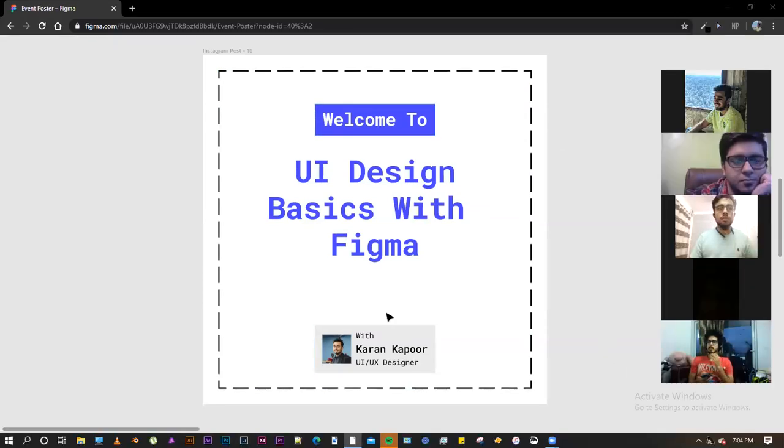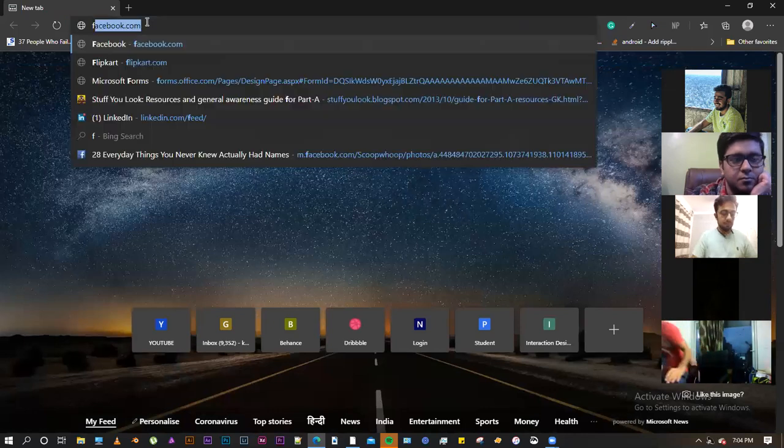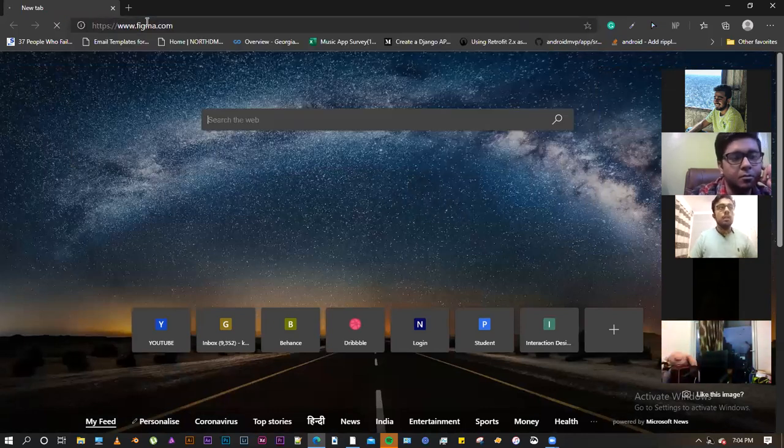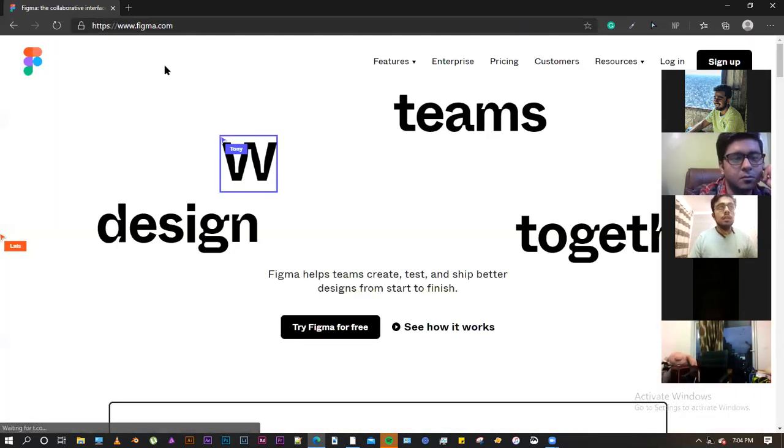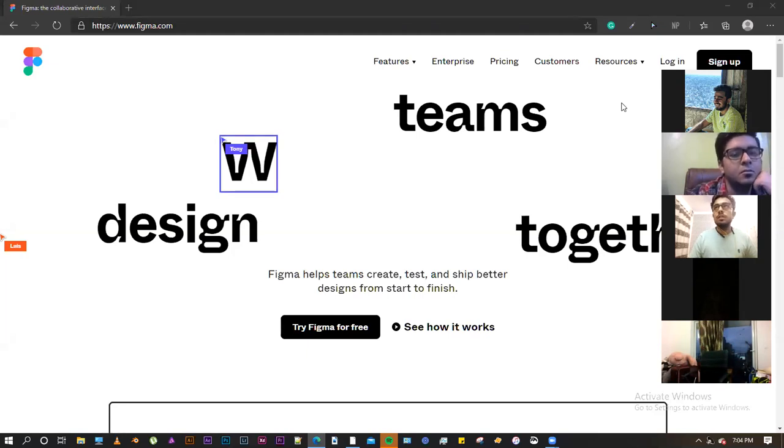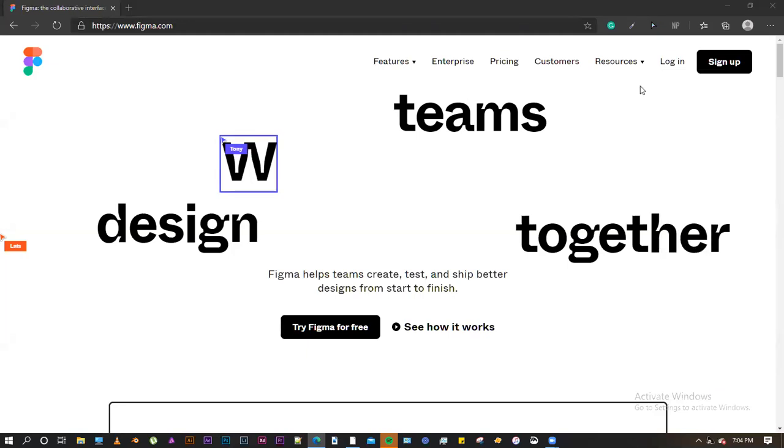So let me just show you from the very start. So this is how it would look for a first time user. And since I'm already logged in, I would click on login. There's an issue here.